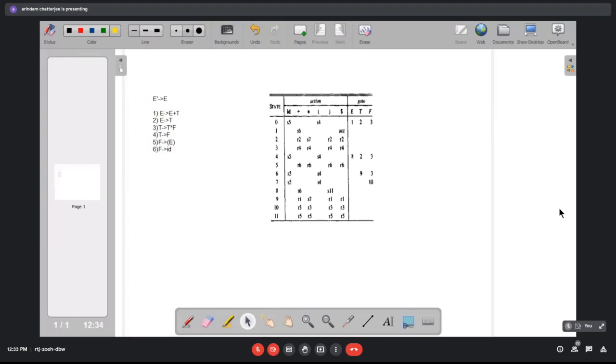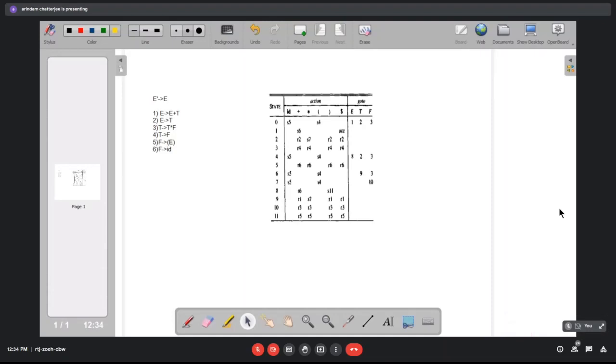In the parsing table, anywhere you see an action with a rule number like R2, that means we have to use rule number 2 to do the reduction. That's what it means. So rule number 2 means E producing T, so we'll be reducing T by an E. As you know, we are doing the bottom-up parser style, so we have to reduce the right-hand side into the left-hand side.